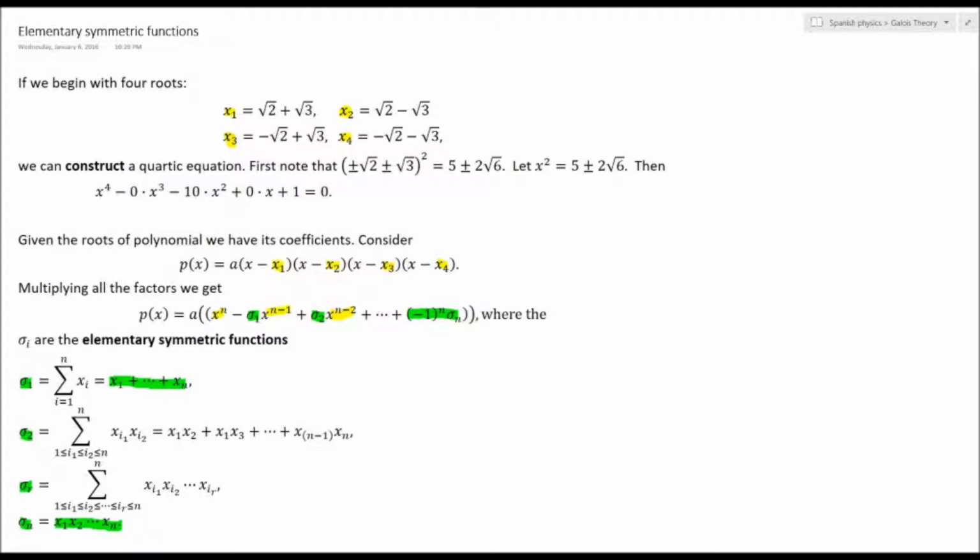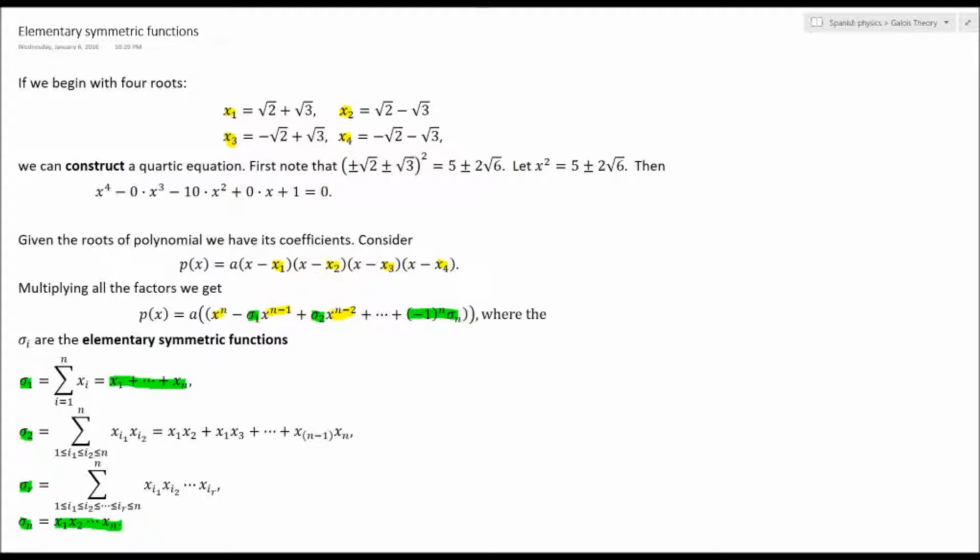Generalizing this idea, say if I'm given 4 roots, I can always find the polynomial that corresponds to it. And with the equation p of x is equal to some number, times the product of a bunch of linear factors, x minus the first root, x minus second root, x minus third root, x minus fourth root, that is. If I were to work out the algebra, what I would really see is that if I do that multiplication above, say for n terms, not just necessarily for 4 terms, I'm going to get x to the nth minus sigma 1 x to the n minus 1 plus sigma 2 x to the n minus 2, all the way